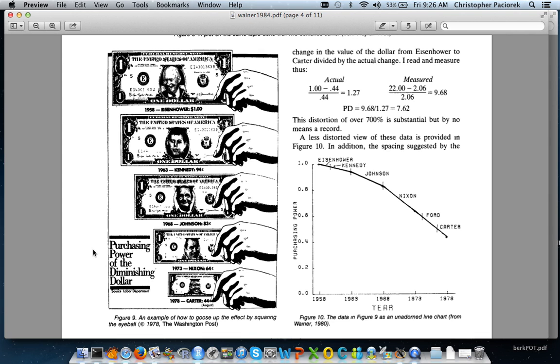And it's trying to be snazzy and attract the reader's attention by showing it as dollar bills that are changing in size. But one of the principles that people who have studied graphics and visualization have realized about how we as human beings perceive these things is that it's often difficult for us to actually think about relative areas and relative volumes. And so it's